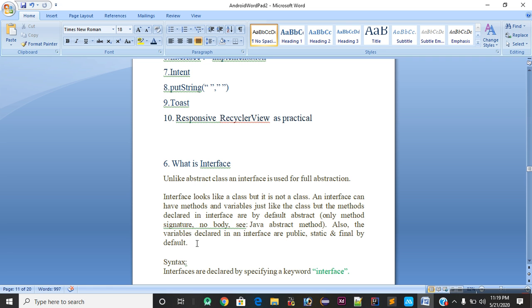We do not implement the body of the method; we override the method when a class implements the interface. Whenever we declare an interface, we do not create the method body, we just create a signature but not a body.